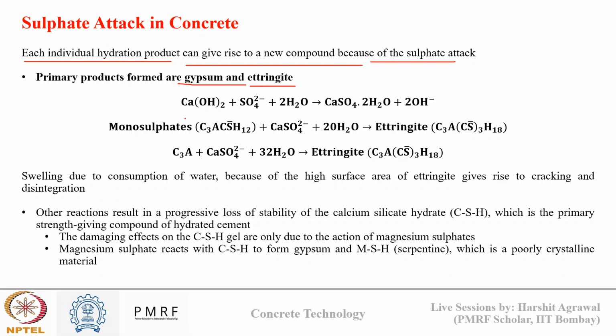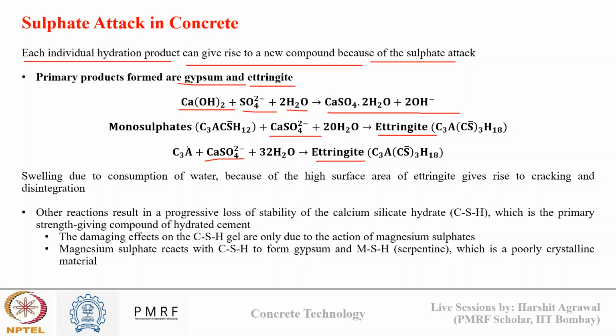Okay, so in the first equation, you can see we have portlandite, which is there inside the concrete. It reacts with sulfate ions in the presence of water to form gypsum. Now, in the second and the third equation, you can see ettringite formation is occurring when these sulfates